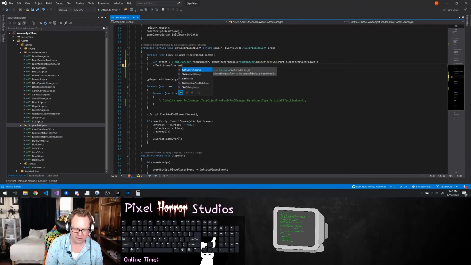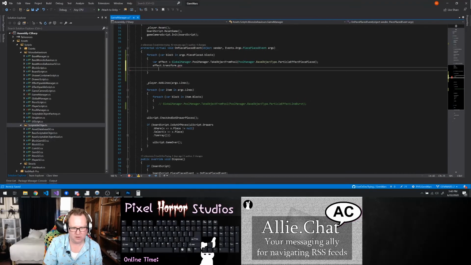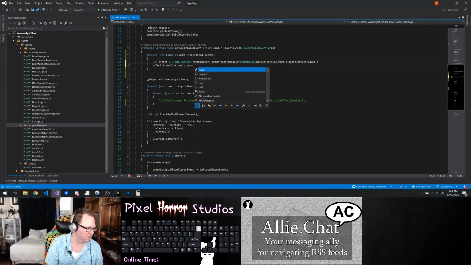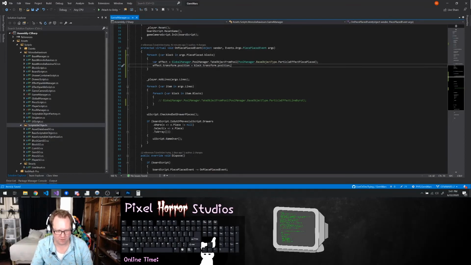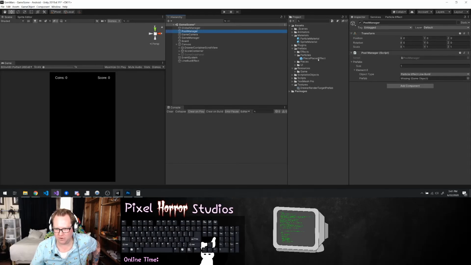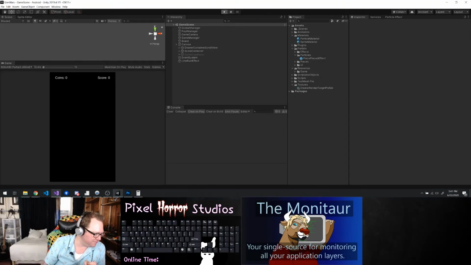We don't want to do that because that happens when we take it from the pool, but we want to say the transform dot position is equal to your block transform dot position. So let's check now. When I look at the pool manager, we have our new piece placed effect, which is piece placed. So when I run it,